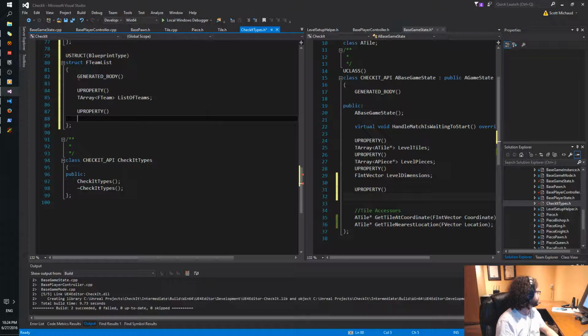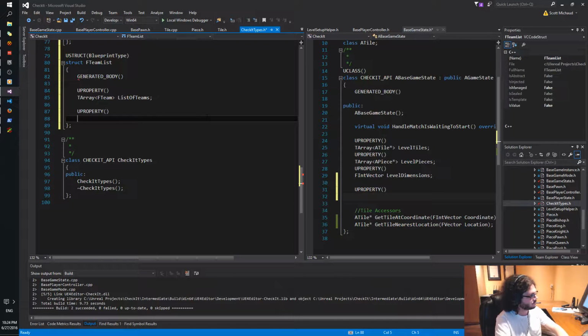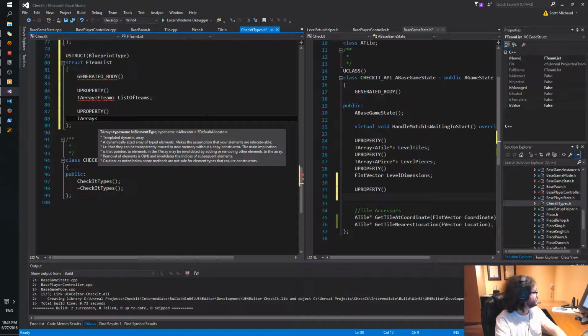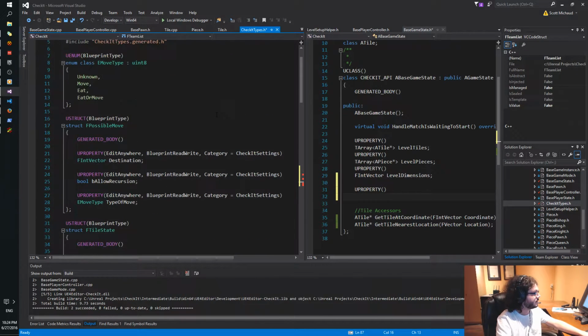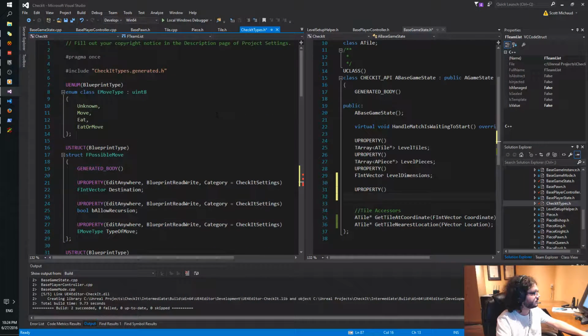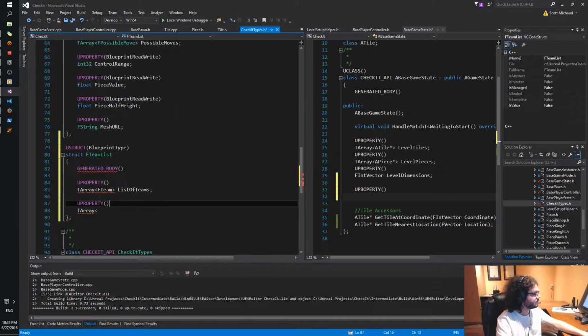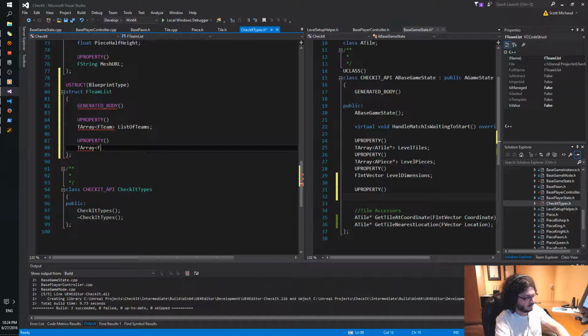And then TArray of FMove is the one I had here, FMove, list of previous moves.